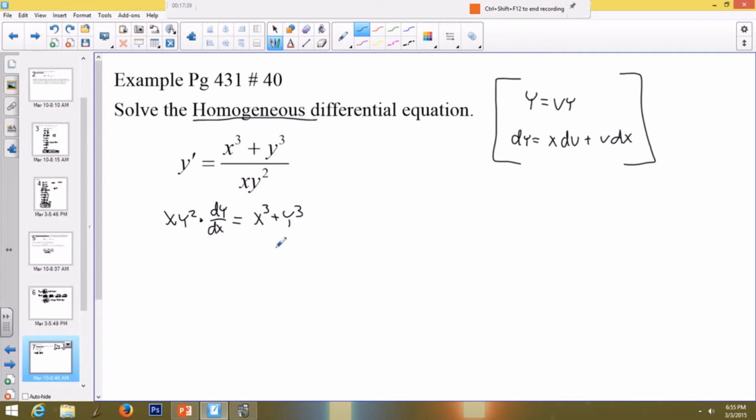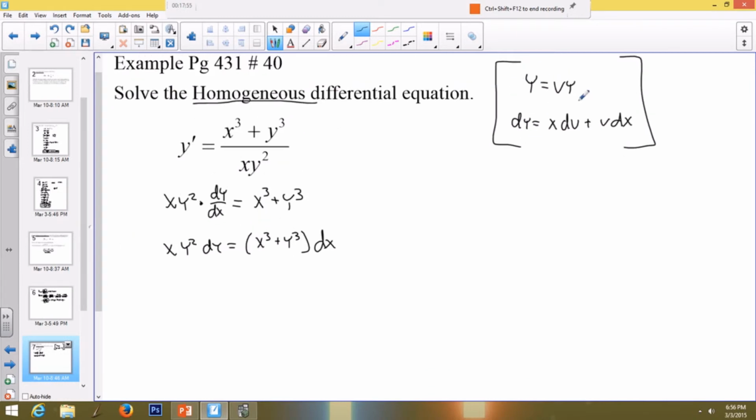All right, let's do one more step. Let's bring this dx over, and let's go xy squared dy is equal to x to the third plus y to the third dx. Now I'm going to substitute all this stuff. So wherever I see a y, I'm going to change it to